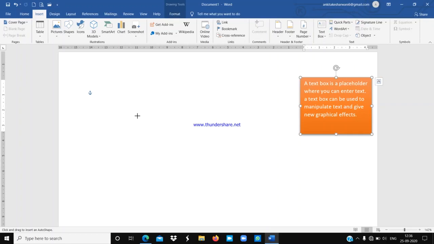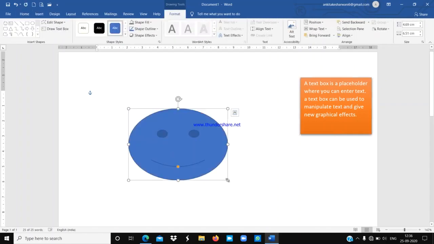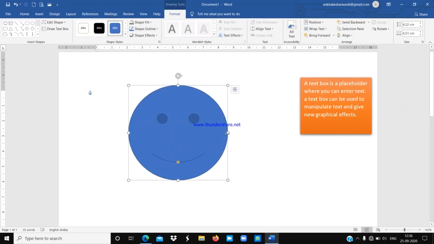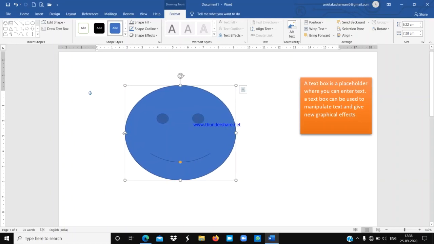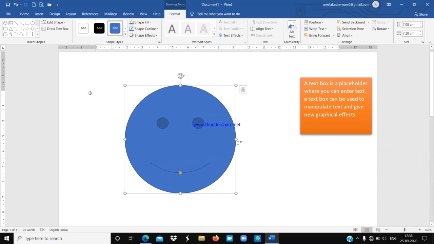So what you have to do is just click and drag your mouse pointer. You can resize your shape with the help of the handles present at the edges and corners of the shape. So this is a smiley that I have drawn here.